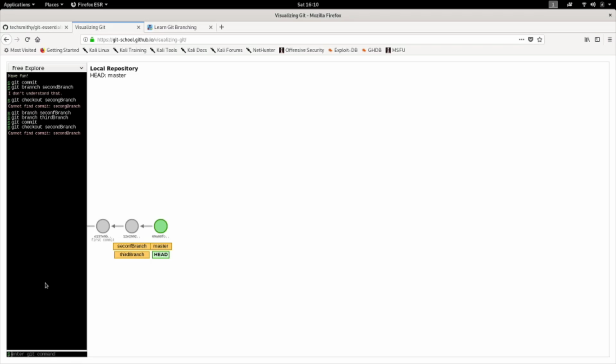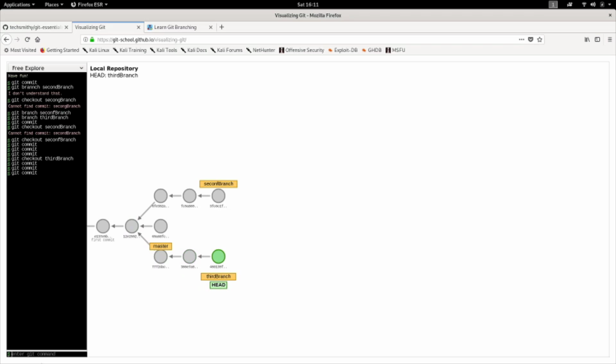Oh, I know how to do this. Okay, let me do this. Git checkout -b. I got it. It's not second branch, it's second F branch. It's again a typo. Right now I'm on my second branch.